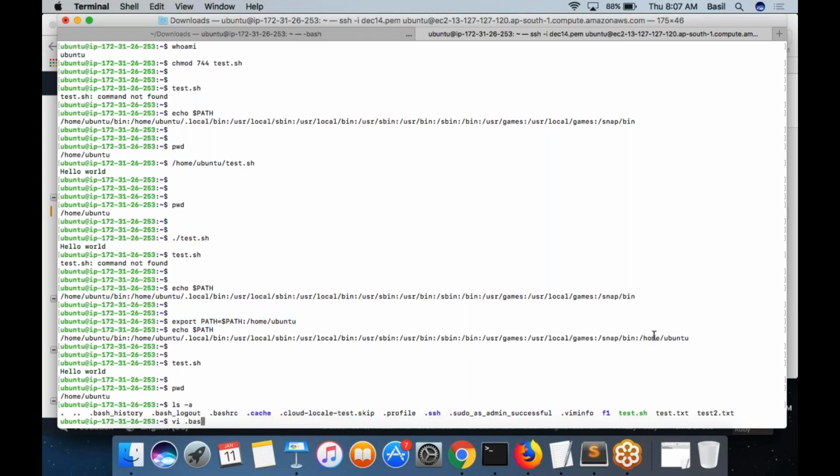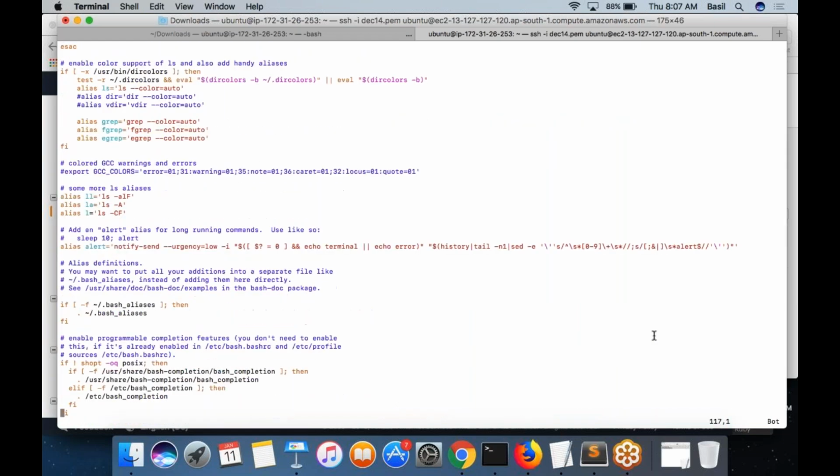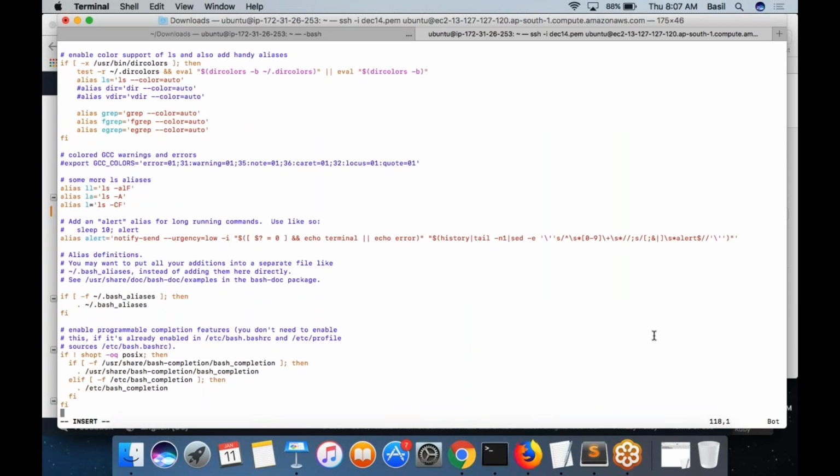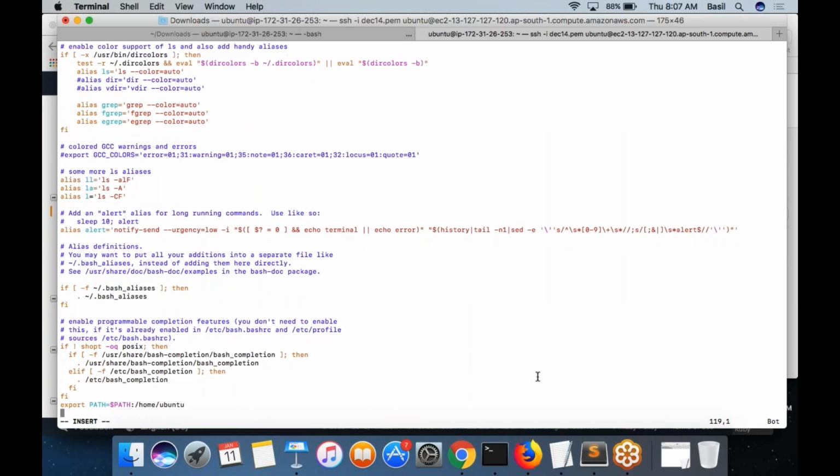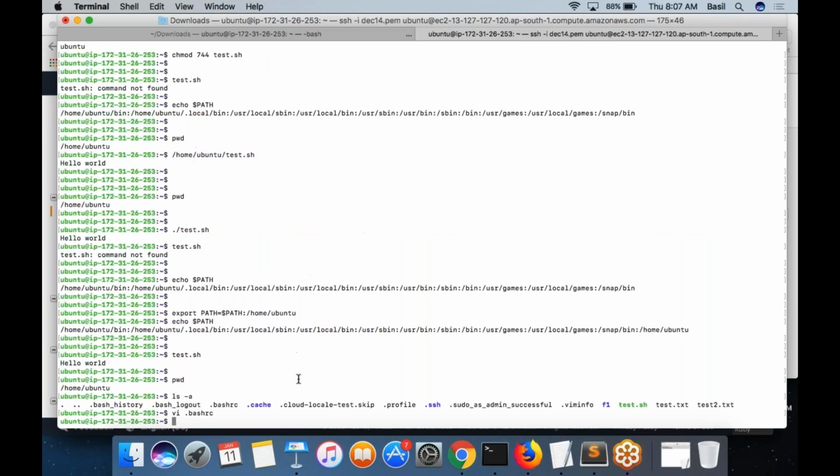I'm going to open the file .bashrc and come to the end. At the end of the file, you will see there are already some other things. Don't worry about it for now. Just copy this export command into the end of your file. What it means is now each time I log into my EC2 machine as user Ubuntu, this bashrc file under /home/ubuntu gets executed, which would also set my path variable.